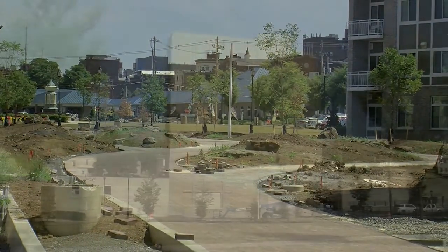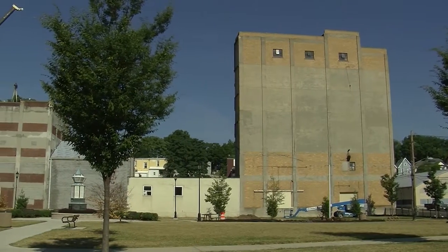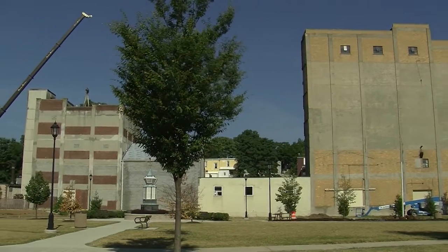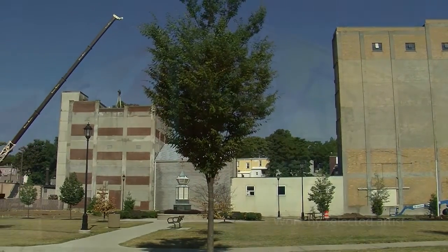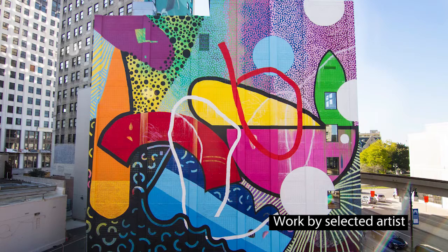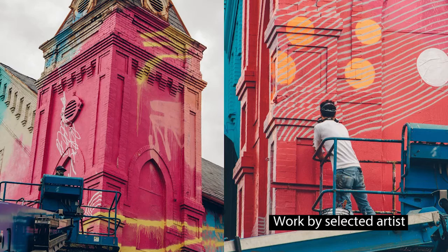mark the pathway. Now, the buildings behind me are owned by Ellsworth Electric. They've been a generous project partner, and they've allowed this to be the site of one of the first public art projects and one of the main attractions of the entire trail. We're calling it the Mural of Unusual Size. Basically, the buildings that face the trail will be covered in bright, modern art. It'll be a months-long process, and it'll be an exciting thing for the community to come together and watch as